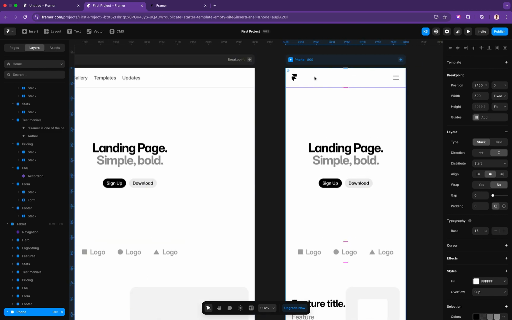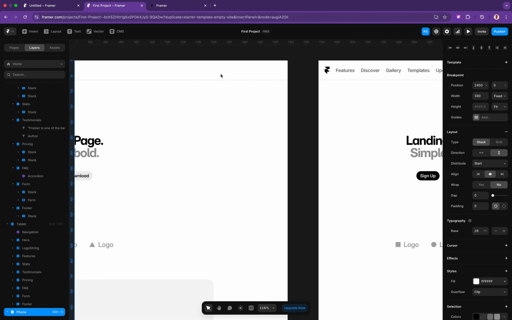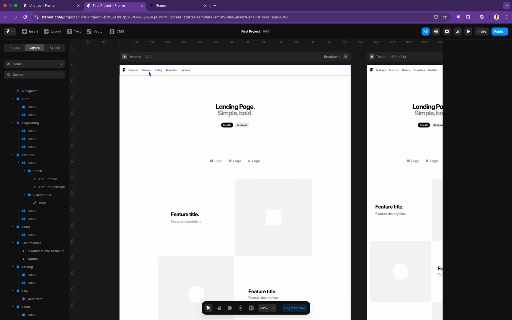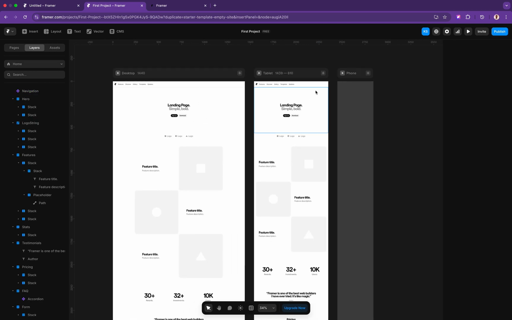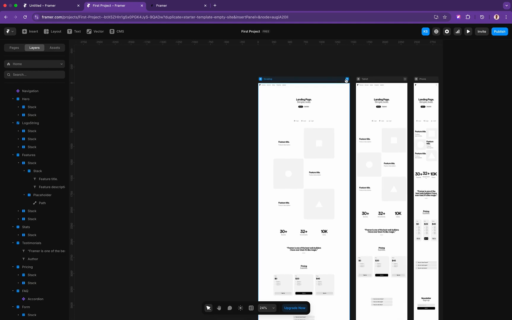You can see that this guy is already having the mobile view. This guy has the tablet view. And this guy has the website navigation view, right? So yeah, and you can add custom if maybe you want to do an extra